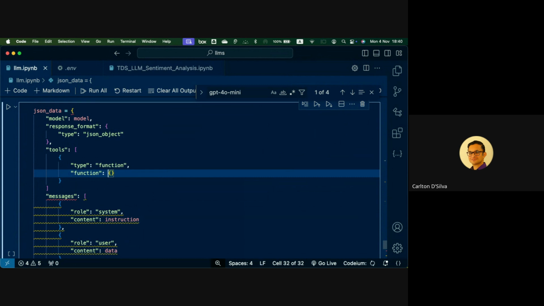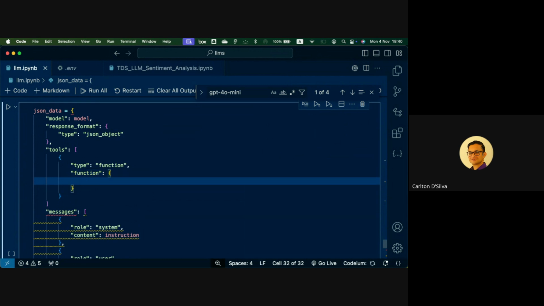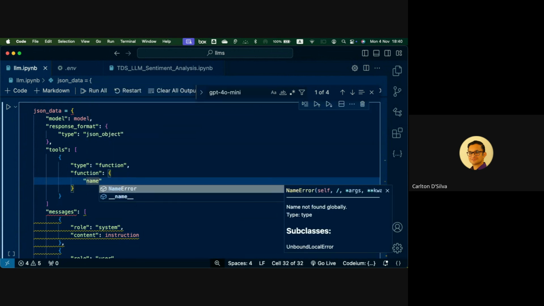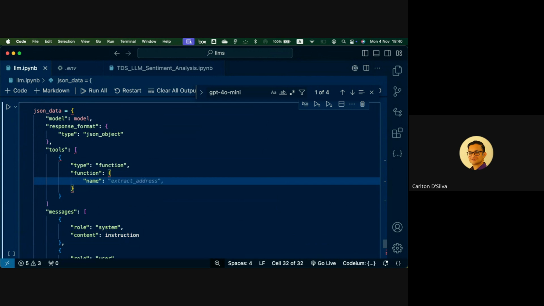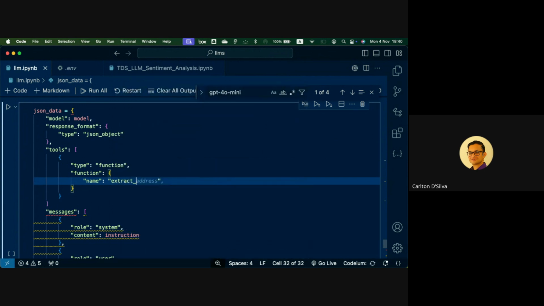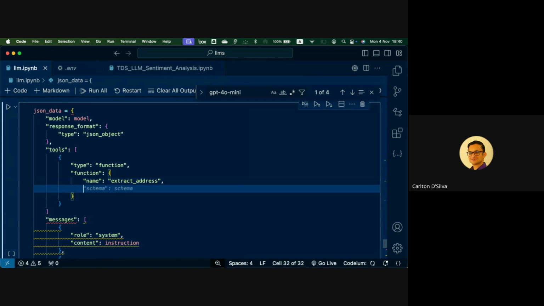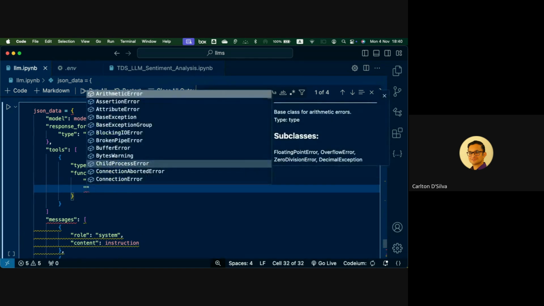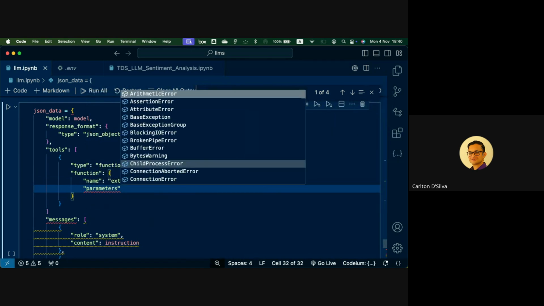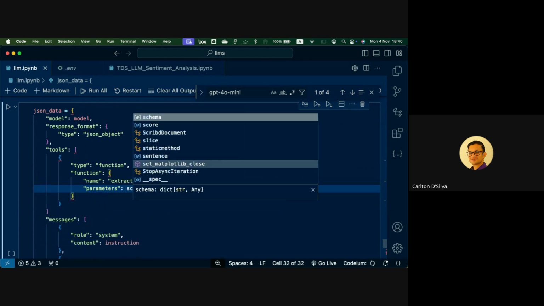So it's something similar to that. You're defining the function basically. So the function has some name, and we'll call it extract address. Okay, so that's the name of the function. And how does this function work? This is the beautiful part. You give it the schema.